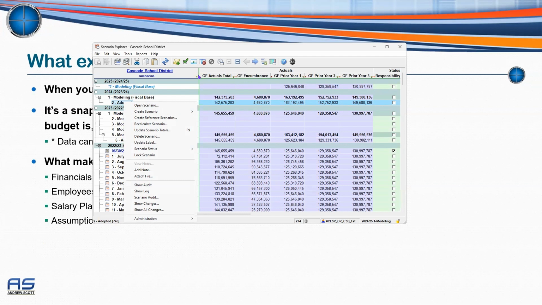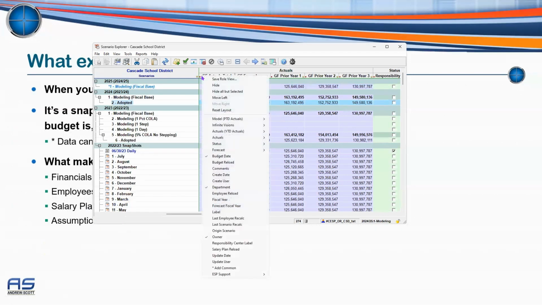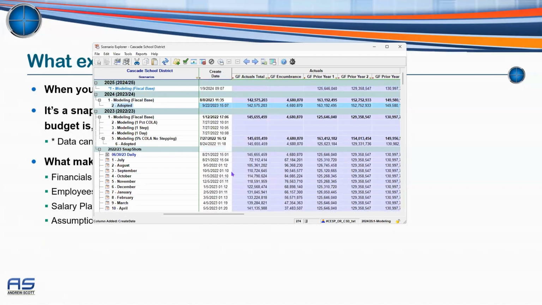If you have one there, you can always see when it was created. If you right click to add a column, right click up here, go to create date. You got a lot of other options here: who created it, fiscal year. Most of this stuff you won't need, but it's there if you need to. So create date, I look at this quite often